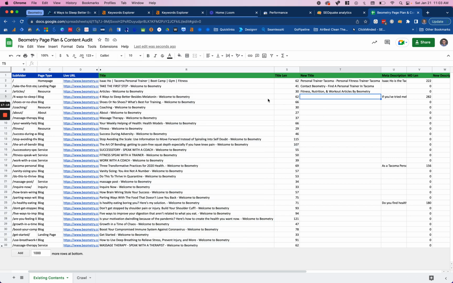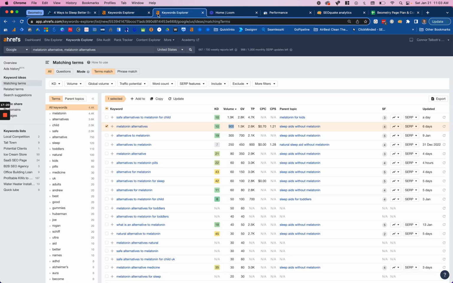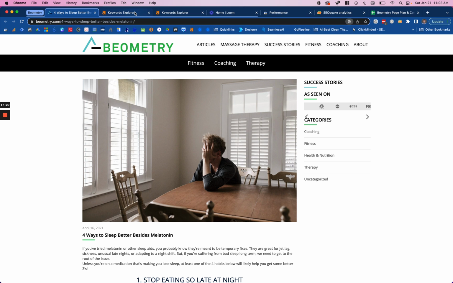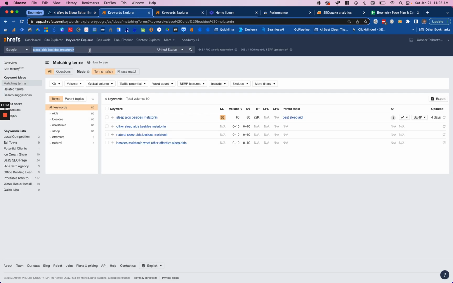Okay, so I have all those keywords saved. We know which keywords I'm going to go after: melatonin alternatives and sleep aids besides melatonin. Because I actually think that sleep aids besides melatonin sounds more informational than someone looking for transactions. Like if you say even melatonin alternatives, you might be looking to purchase right now. I always think that there's intent to purchase sometime down the road, but this just sounds maybe like they're trying to do research. So I might use this as well.